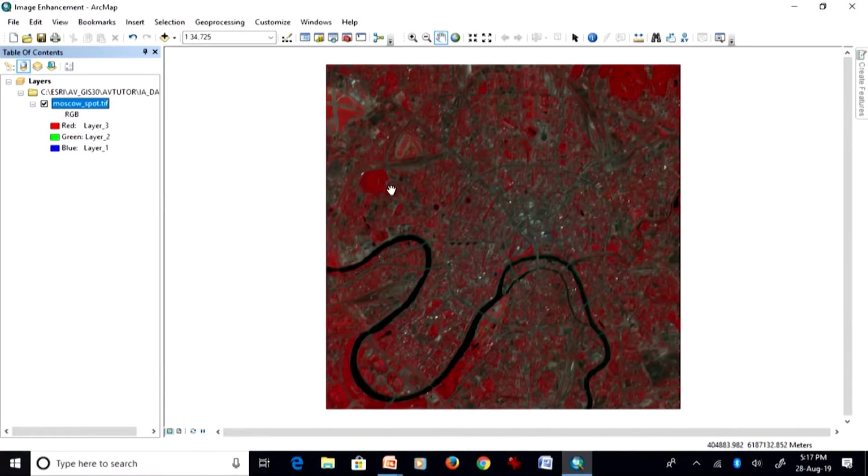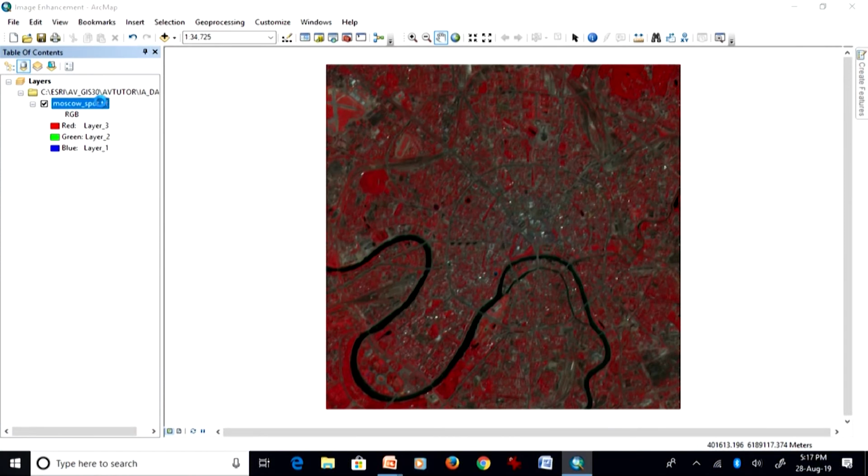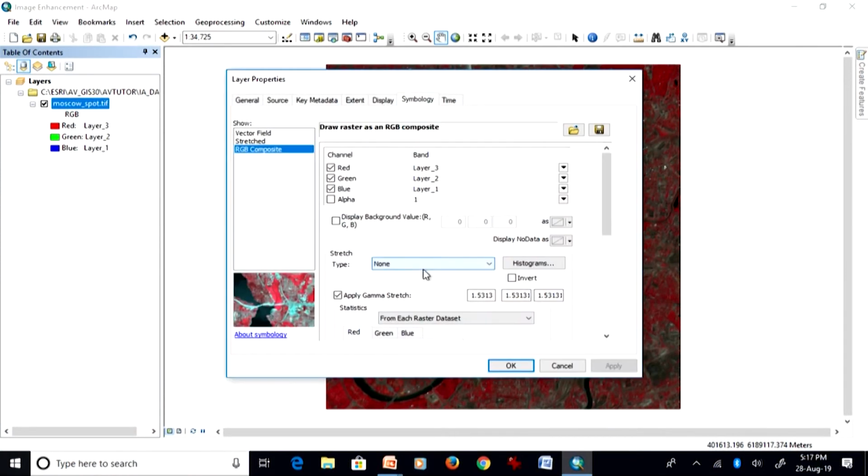So you need to have 3 channels, one infrared, blue and green, and when you assign red color to the infrared, blue to green and green to blue in a reverse way, then you get a standard false color composite as shown here. And of course, the stretch part will also come here, that you can start stretching; generally by default it will go for some standard deviation or histogram equalization.